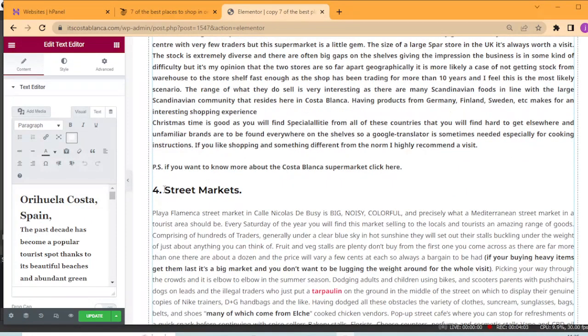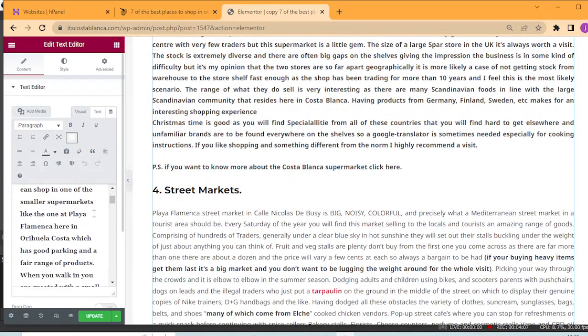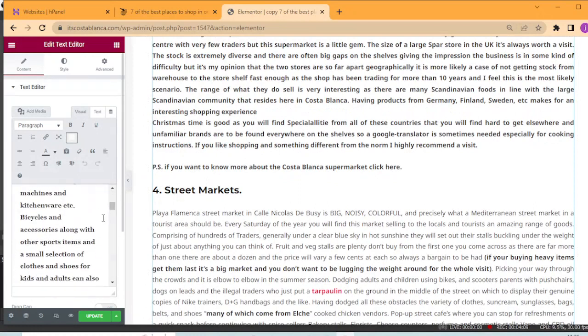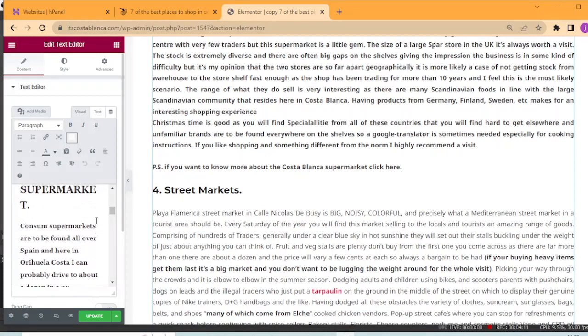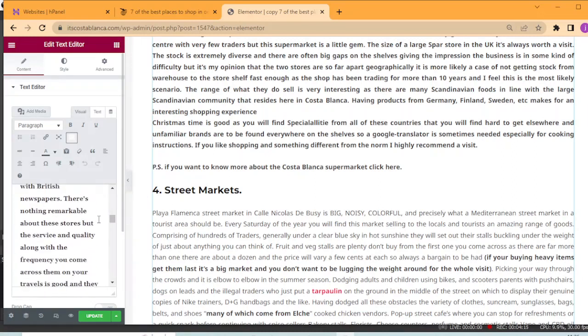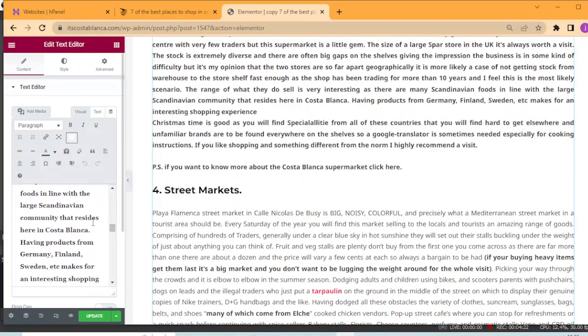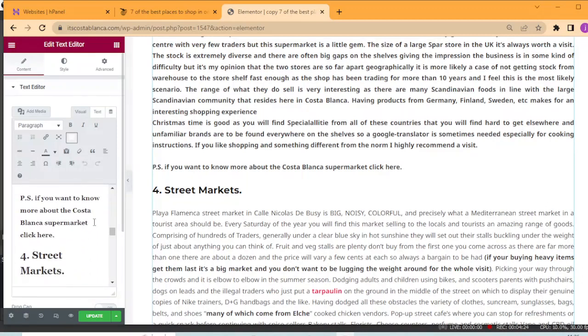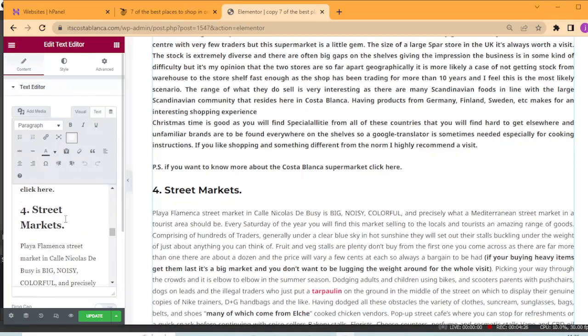I cut at the street markets, so come over to this side. 1, 2, 3. Street markets, where's it gone to? 4 street markets. What I'm going to do now is I'm going to highlight all of this,